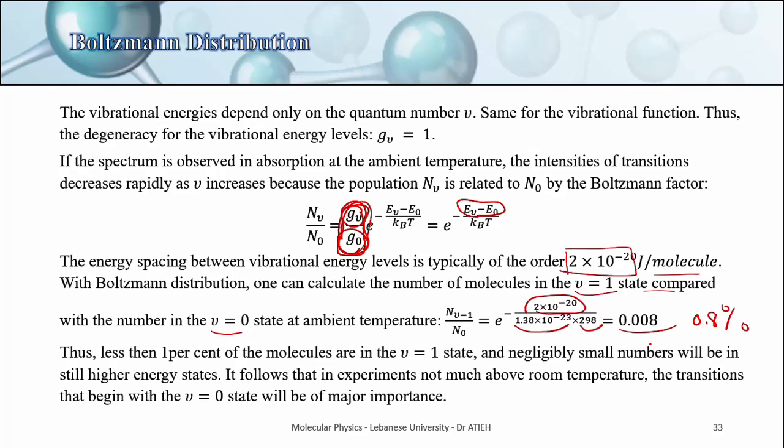So at ambient temperature, at room temperature, most molecules are found in the level nu equals 0. Okay, so that's why the transitions from the level nu equals 0 are of major importance. They are the most important transitions and they are the most observed in the